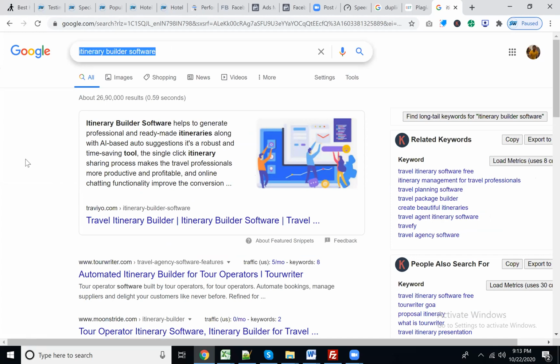Itinerary builder software is our page URL. In your title tag you also put itinerary builder software, and in your keywords too. This is the five thumb rule by Google: title, keywords, URL, H1 tag, and your small description. These five must contain the primary keyword you are going to target. So definitely once you start creating your backlinks, you are going to appear on the first page of Google. No doubt. This is the thumb rule.